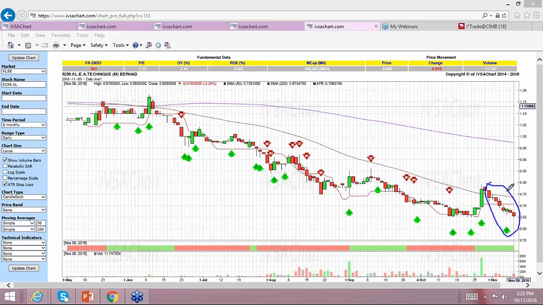Now we haven't seen the exhaustion of the supply yet, so supply is still available. Remember, I'm talking about the test just now. We want to see more tests to make sure that the floating supply has been removed. So you have to continue to monitor these stocks and observe until more SOS is coming in. The test is showing that floating supply is being removed. That's all. Any more questions?